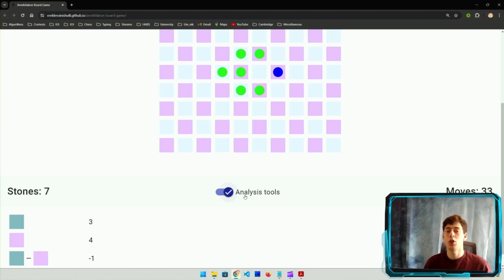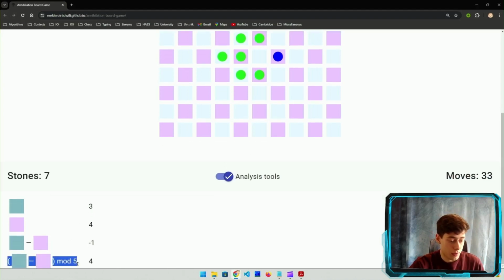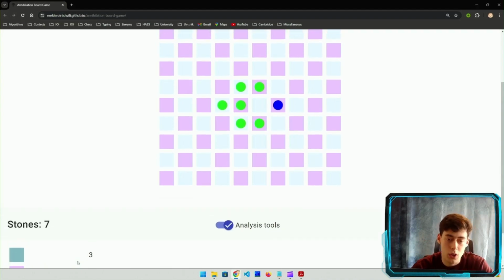So expanding changes the difference by multiples of 5. It can add 5 or subtract 5. And annihilation doesn't change the difference. So that means that this number down here, the difference modulo 5, will always be the same. No matter what moves we make on a board, the difference modulo 5 will stay the same. So now we can use that to argue our point,